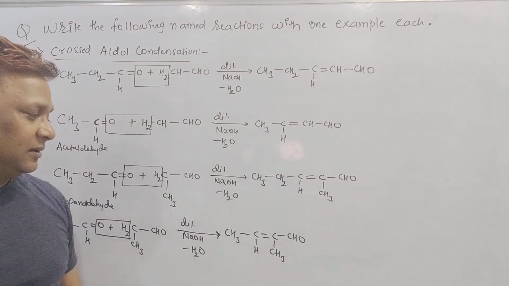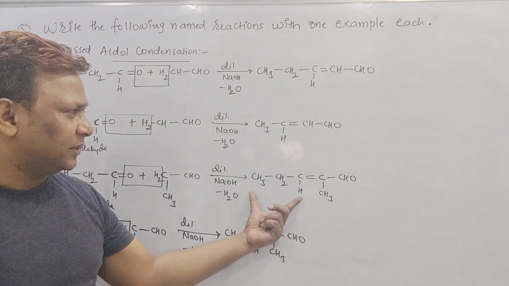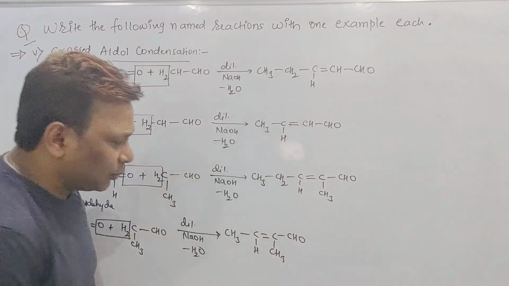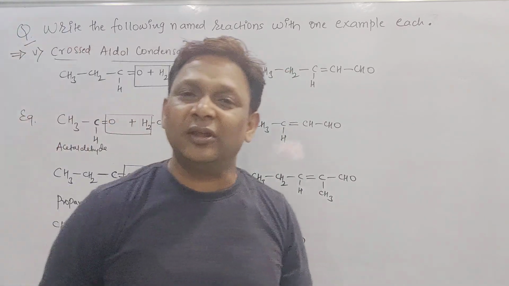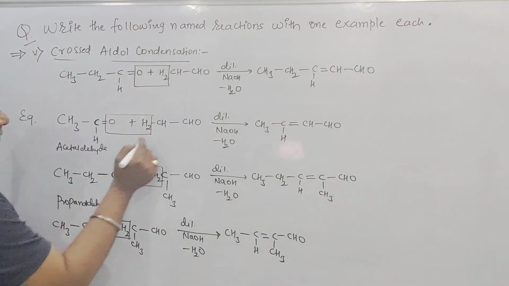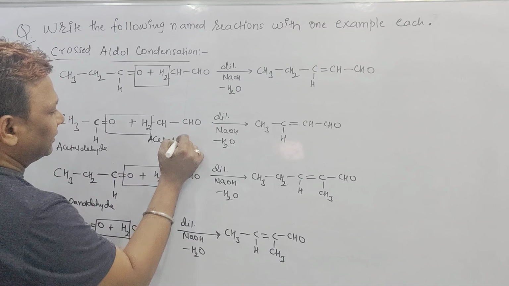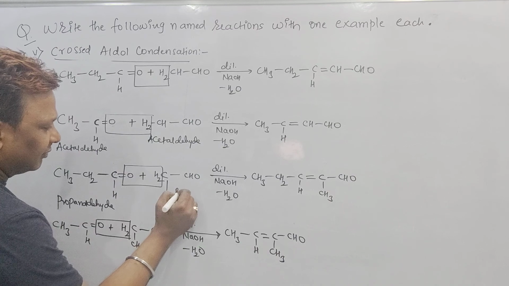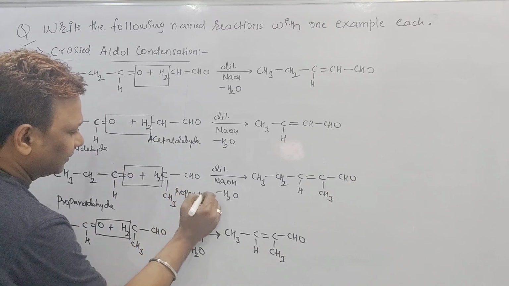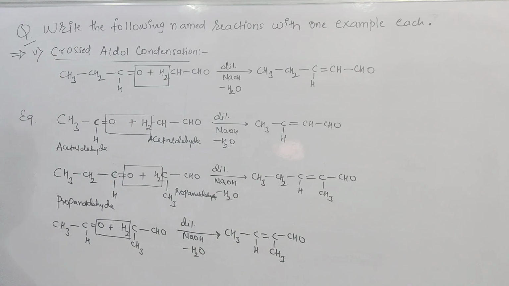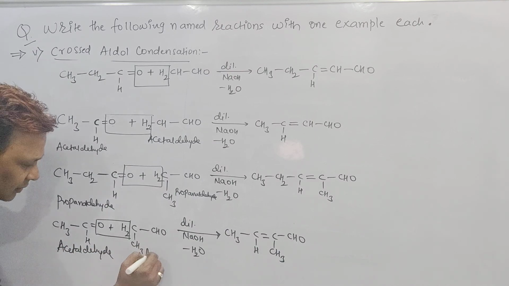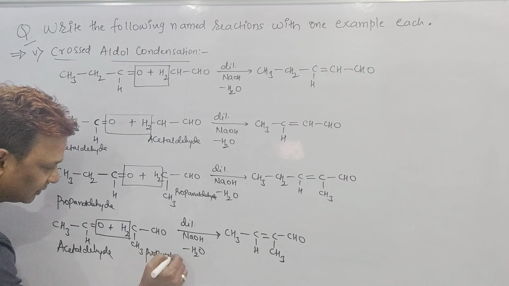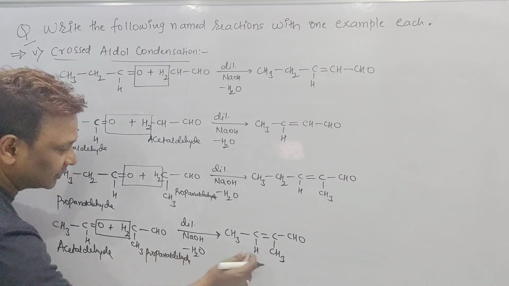See beta, all the 4 products are different products. No products are same here. See this one part, this one part, this one and this one. All the 4 products which we obtained, they all are different. Means what we did beta? Acetaldehyde with acetaldehyde gives rise to one product. But a propanaldehyde reacting with one more propanaldehyde, we got one more product. Now beta, acetaldehyde plus propanaldehyde gives one more.